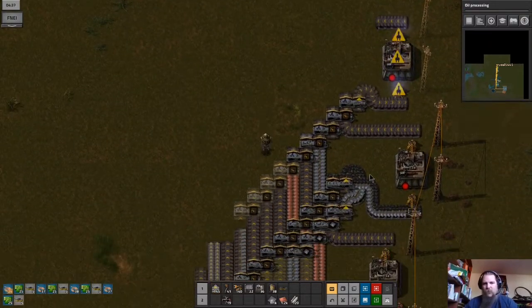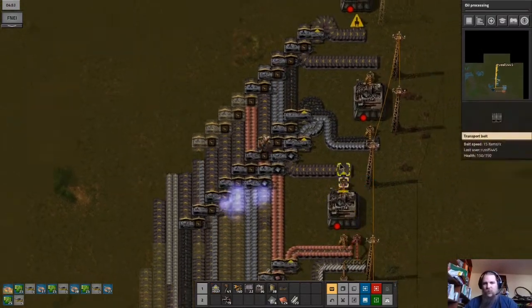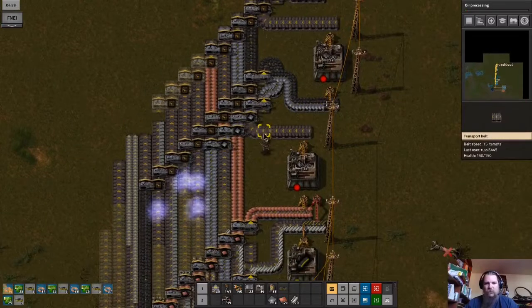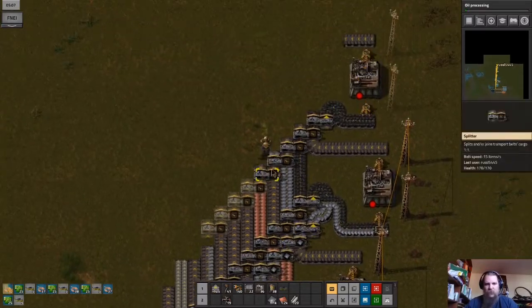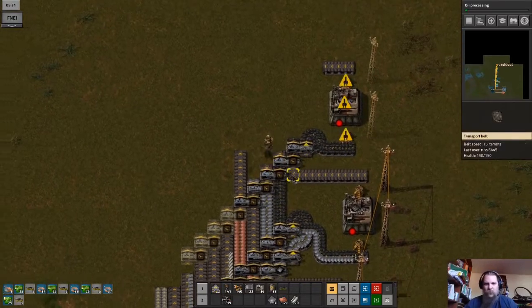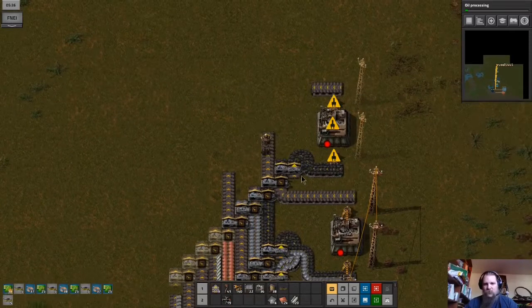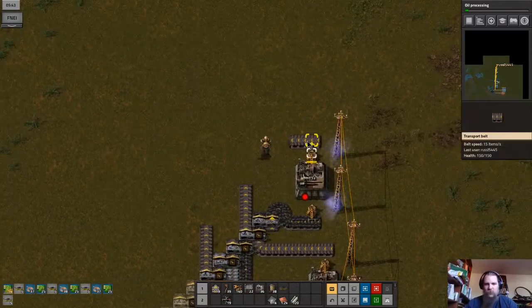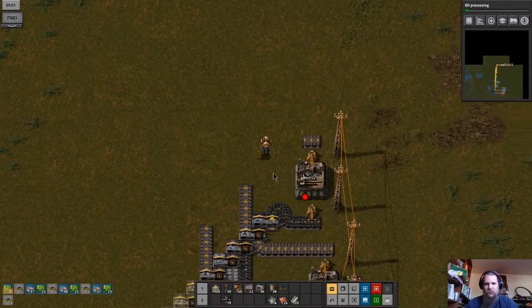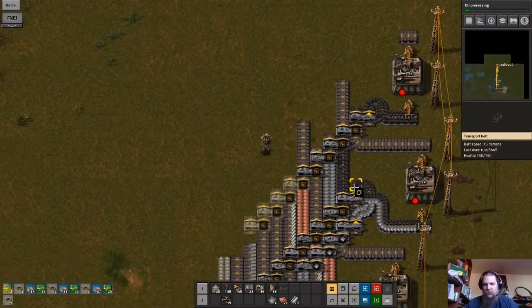All right, so now what we've got here is a belt. This empty belt here, which will extend to here, is going to carry the rifle stuff. This is going to carry grenades. This will be walls. All right, so this I will actually just reverse. For this, what I'm going to do...